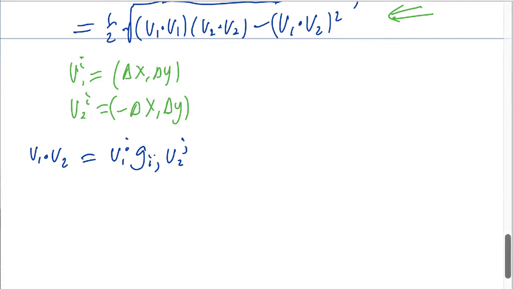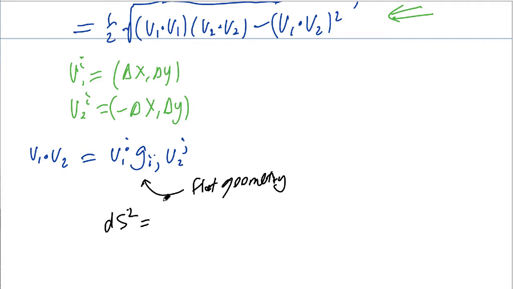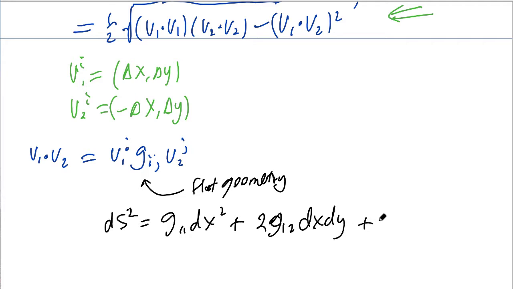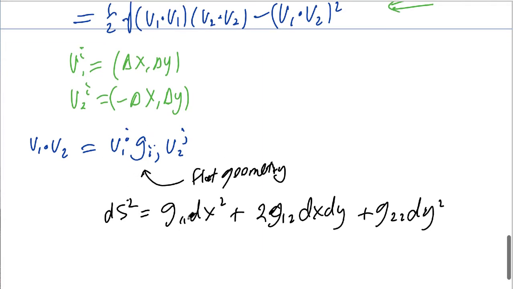And the metric, what do we know about it? Well, we know the metric represents a flat geometry. But that doesn't really give us any useful information about the metric itself because the coordinates could be arbitrary. So let's just write the metric as g11 dx squared plus 2g12 dx dy plus g22 dy squared. Then this inner product